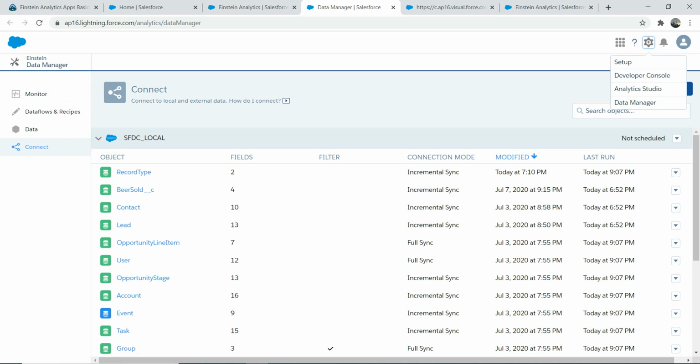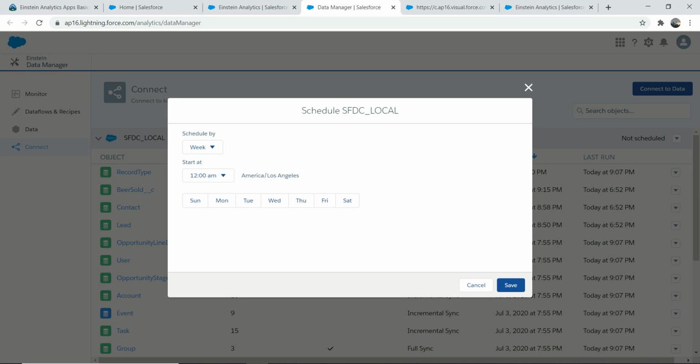So you're going to go to connect, and then there is something here, SFDC local. That's exactly what I'm going to choose now. I'm going to use run now, or you can schedule. If you go to schedule, you can schedule when you want it to run. You can run it pretty much every day, and let's say I wanted to run it every single day at a specific time. Probably it's better to run in the middle of the night, or whatever time suits your business requirement,